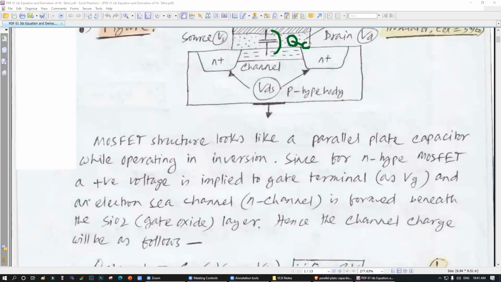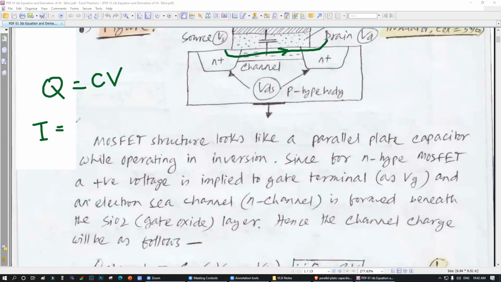QC, that means channel charge. Okay, what are the channel charges? Why is charge needed? Because the capacitor has a form like this. Q is equal to CV, right? Q is equal to CV. Understood? Yes. And what is I? Do you know what is I? Because we want to find out what is the current going through, right?